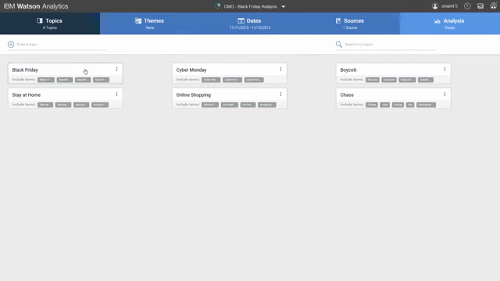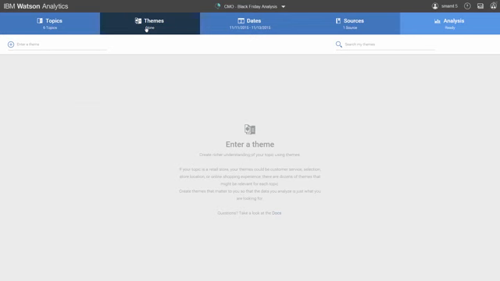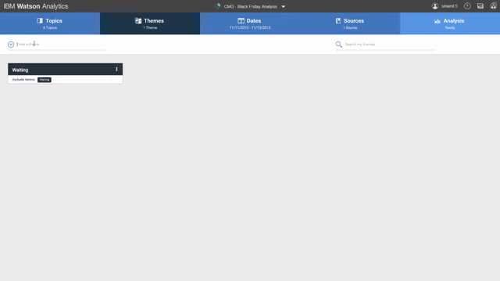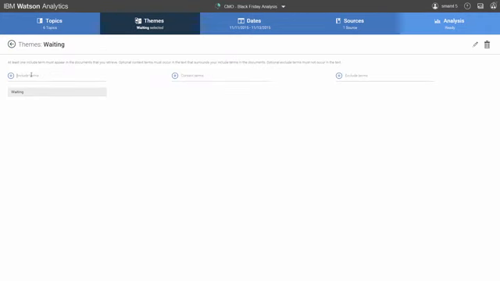And here I'm just looking for information on Black Friday and Cyber Monday, so I can delete these other topics if I choose. I'm wondering how many people are considering waiting for Black Friday as compared to shopping beforehand, so let's examine that a little bit further. Themes will allow me to break down the topics into distinct metrics that I can use for better analysis. For instance, if few people are talking about shopping beforehand, then that will have an impact on how I tailor